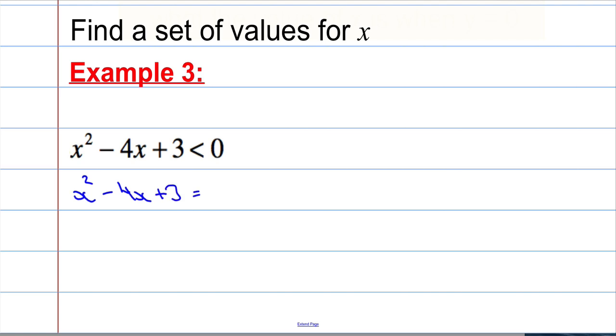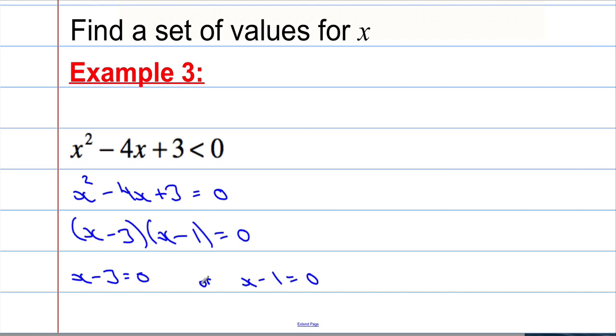Plus 3 equal to 0. So we're going to factorize this now, and we get x, two numbers that multiply to give positive 3 but add to give negative 4: negative 3 and negative 1. So if I multiply negative 3 times negative 1, I get positive 3, and adding them together I get negative 4. That's equal to 0, which means that x subtract 3 equals 0, or x subtract 1 equals 0,